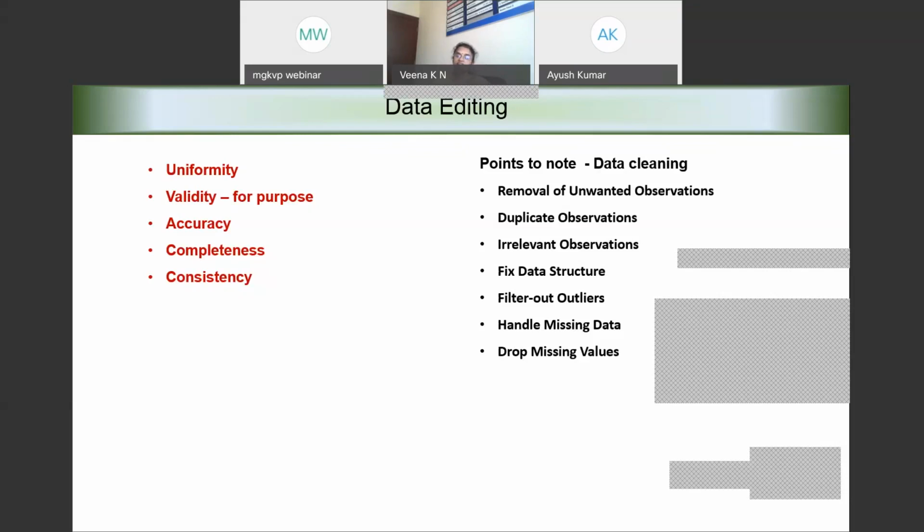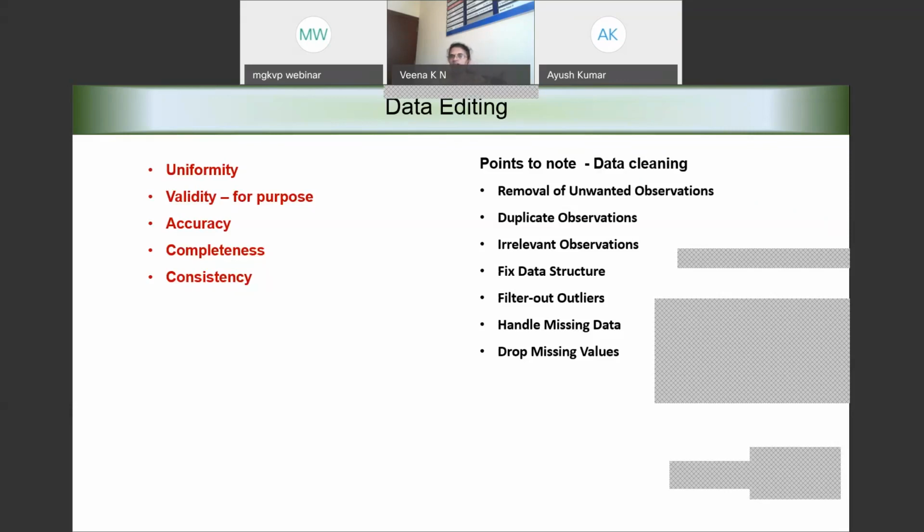What do I mean by fixing the data structure? Some data, we fix as numerical with 2 decimal points. In some cases, we might call it a string. Or some data points, we might call a date format. Each of these formats should be predetermined, and while getting our data ready for the analysis, we should be very clear about what type of data this is.